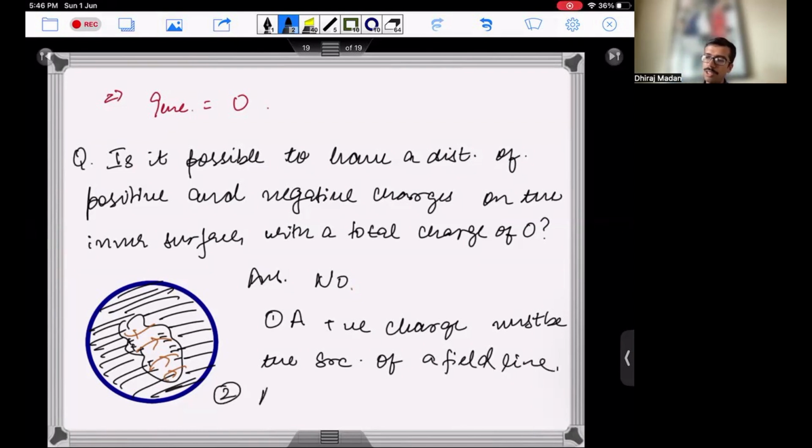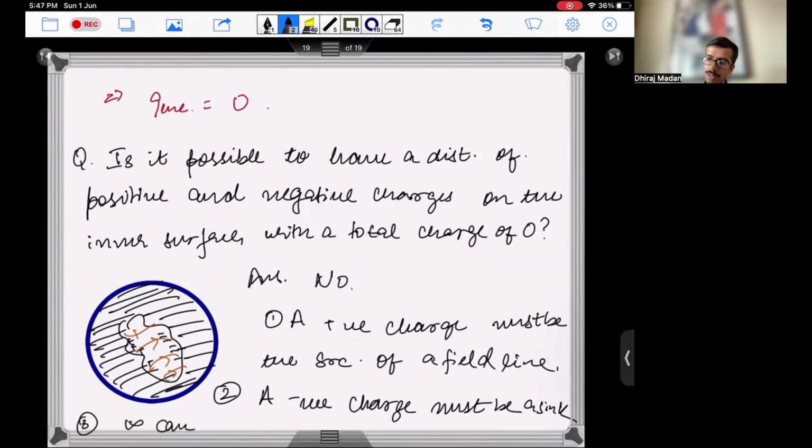Secondly, a negative charge must be a sink for a field line, right? And infinity,